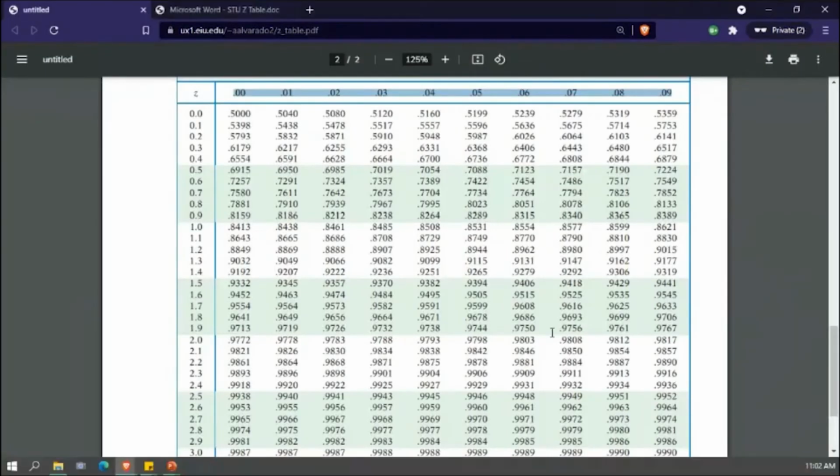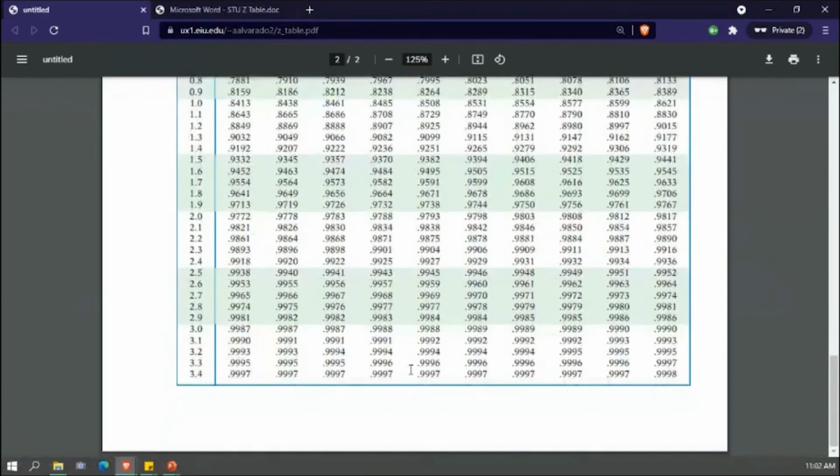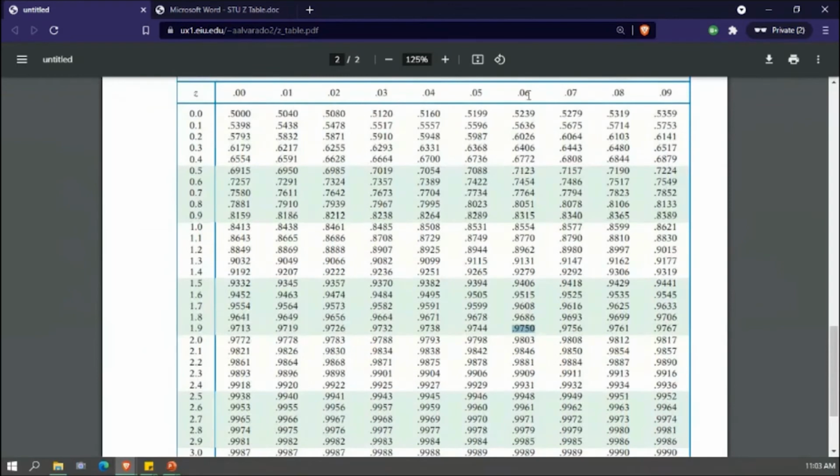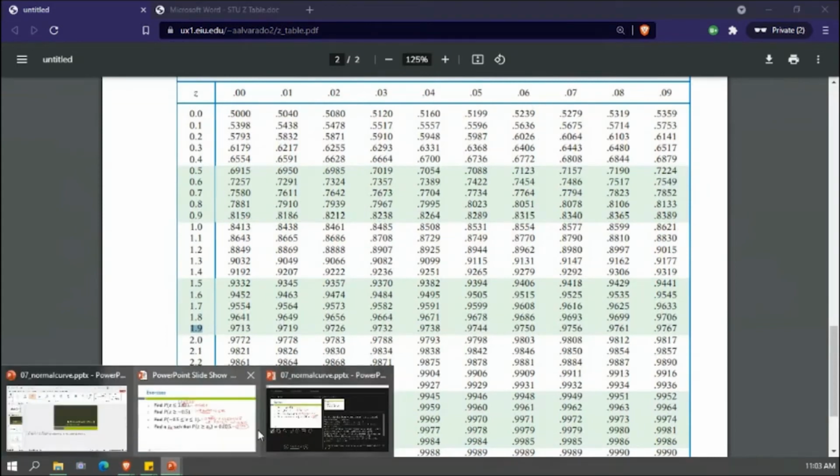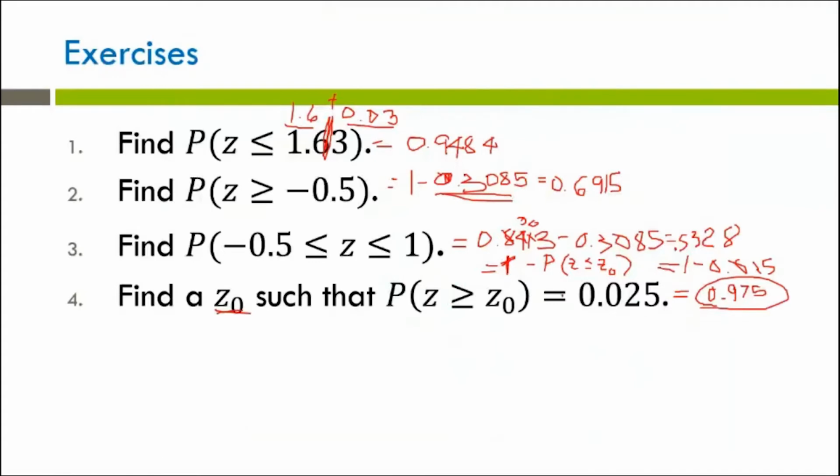Okay, that's 0.975. So look for 975. Here, we have 975. So get the numbers. Now you have 1.9, add it by here, that's 0.06. So what is our z here? I'll just write here for number 4. So z sub 0 will be 1.9 and 0.06, which means that is equal to